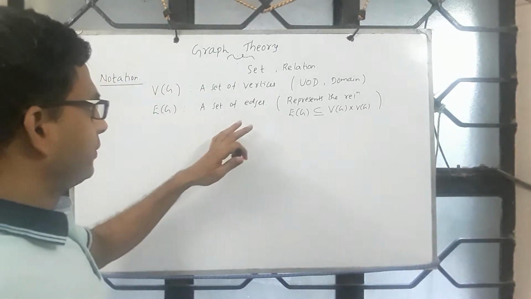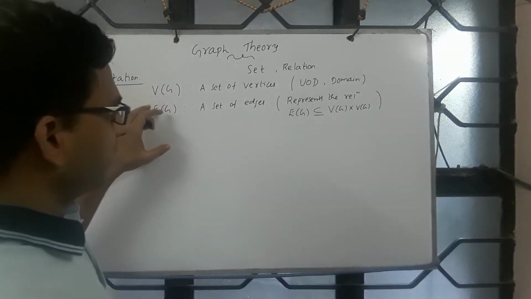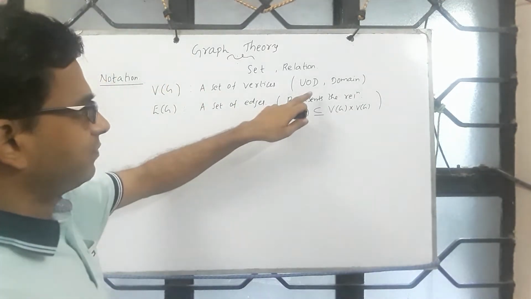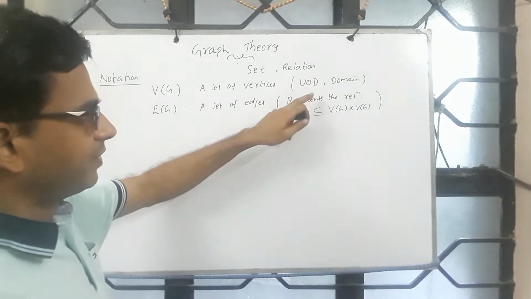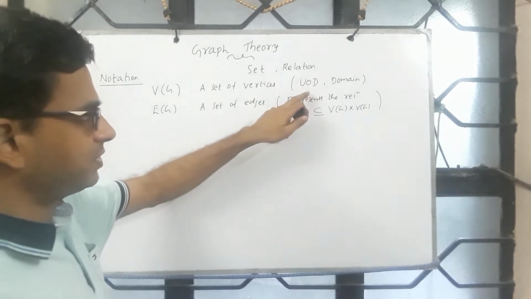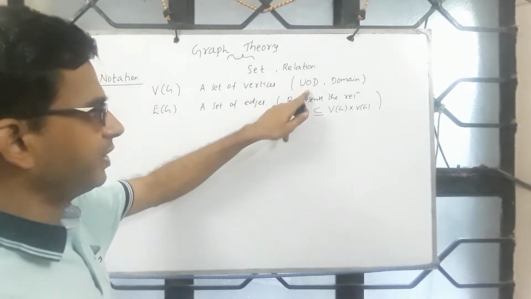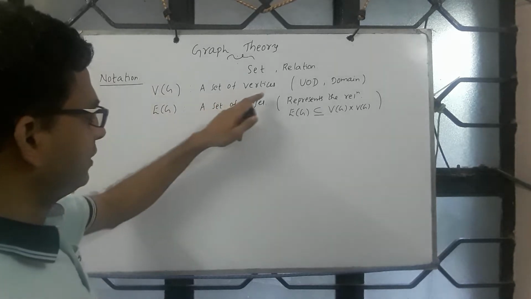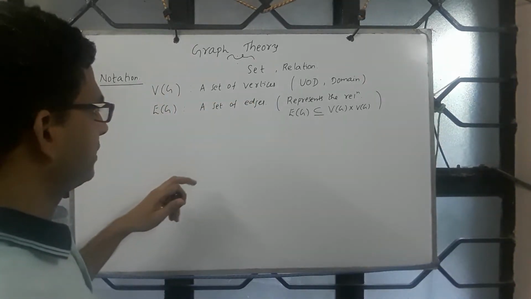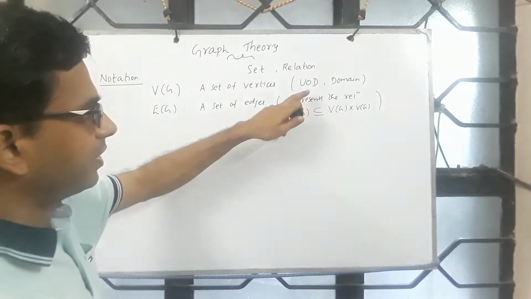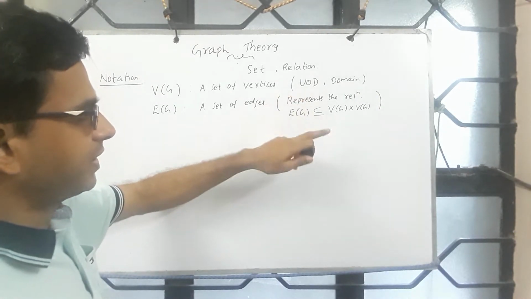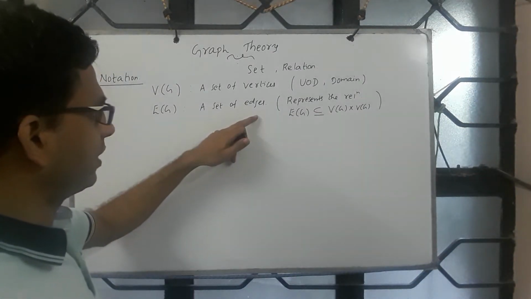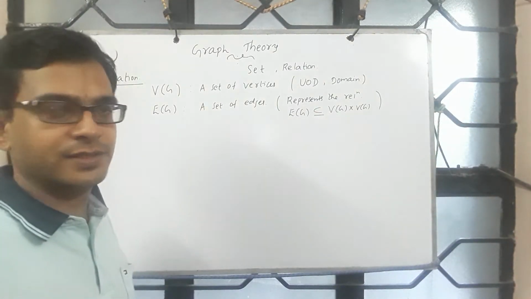It's not anything new. I'm only defining in a formal way what we have done before. In the context of logic, and subsequently when we discussed relations and functions, we were working with a domain or a set or universe of discourse, which we are now calling a set of vertices. Then we defined the cross product, and we said a relation is a subset of a cross product. So the relation, we call it the set of edges.